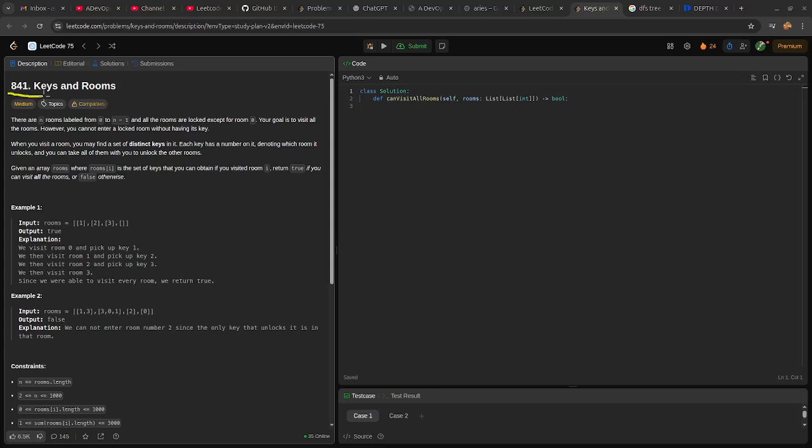LeetCode medium problem 841, Keys and Rooms. So we start from room 0 and we want to enter all the other rooms. In this example, if we start from room 0, we can go into